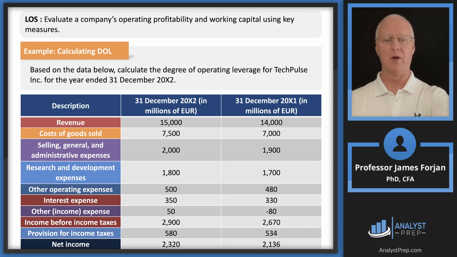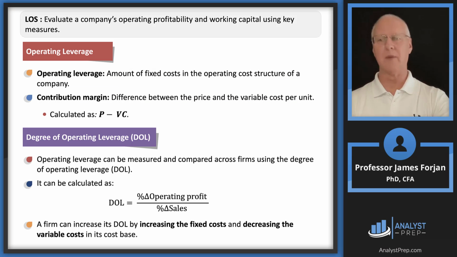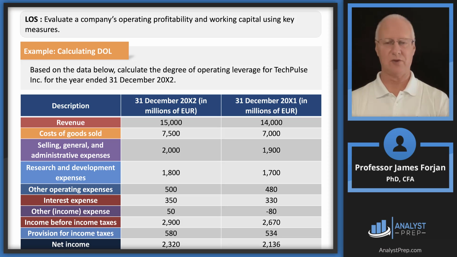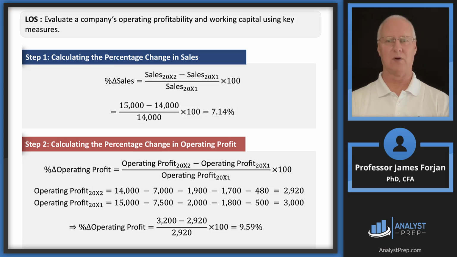So we need, let me go back here. We need percentage change in operating profit. We need percentage change in sales. So I taught you this back at the beginning of time value of money. This is just F over P minus 1. And so all we're going to do is say, 15 over 14 minus 1, and then 32 divided by 2920 minus 1, although